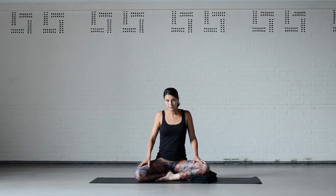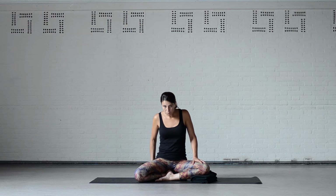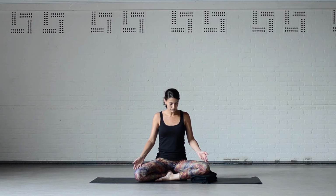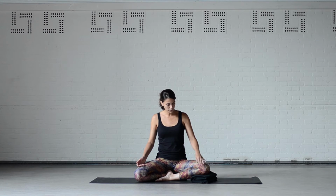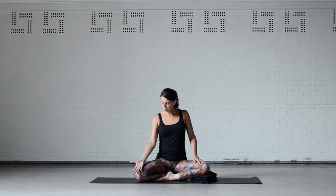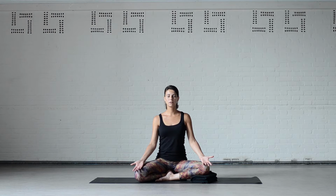So we start sitting up straight on a block, having the knees on the floor, or maybe if one knee is lifted or both knees are lifted, you support it with a blanket or a block. You open the hand palms facing towards the ceiling, close your eyes,